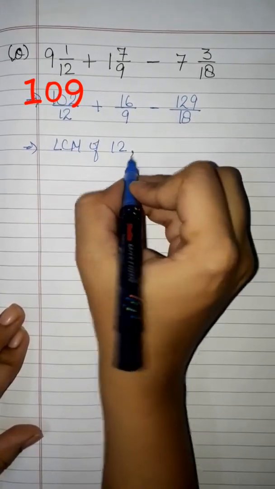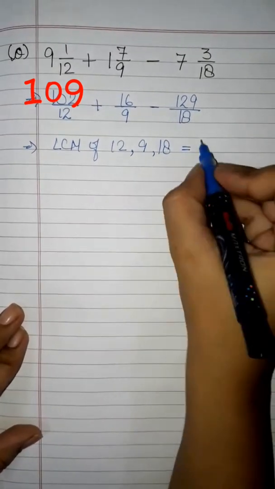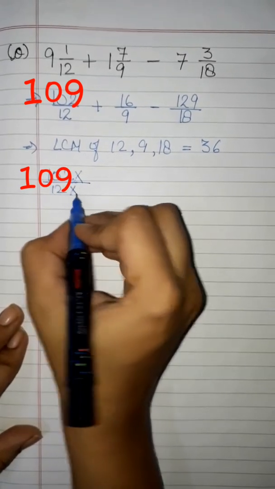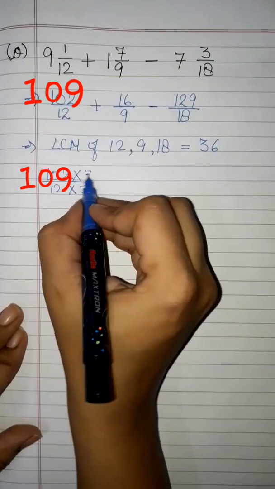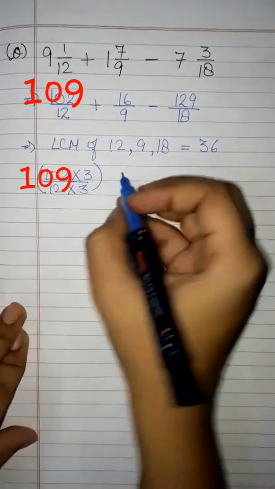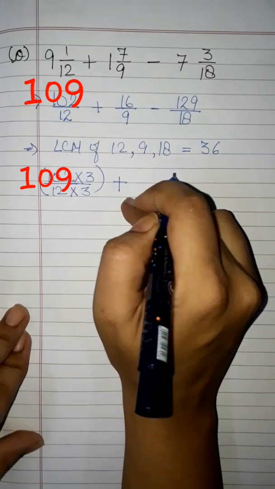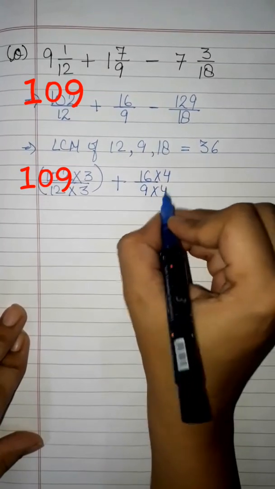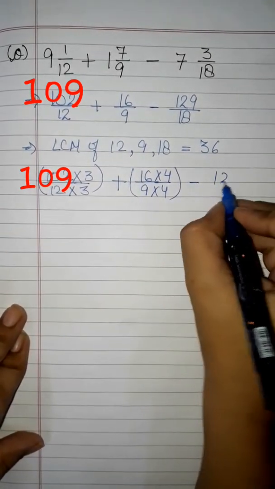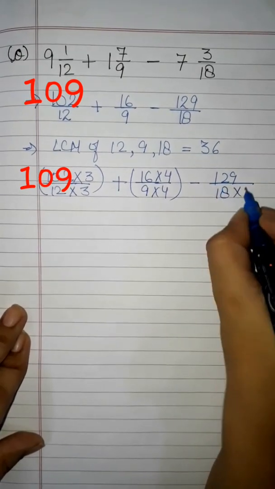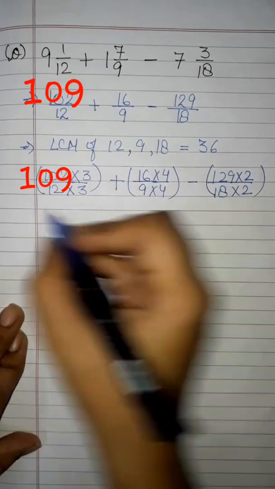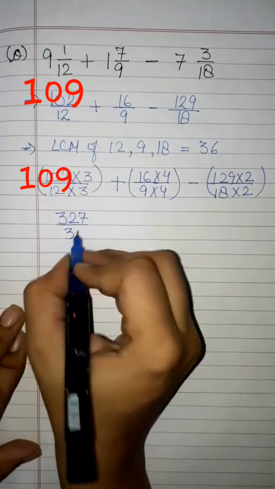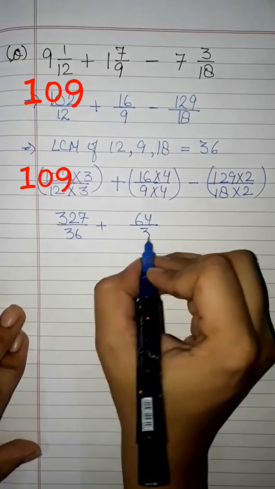LCM of 12, 9 and 18. You will get 36. Now 102 by 12. This denominator you have to make 36. We can multiply by 3. If you are getting confused, you can put brackets. Now don't change the sign. It will be addition. 16 by 9. Here you multiply by 4. Put a bracket, then minus 129 by 18. 18 twos are 36. Now by multiplying it by 3, you will get 327 by 36 plus 64 by 36